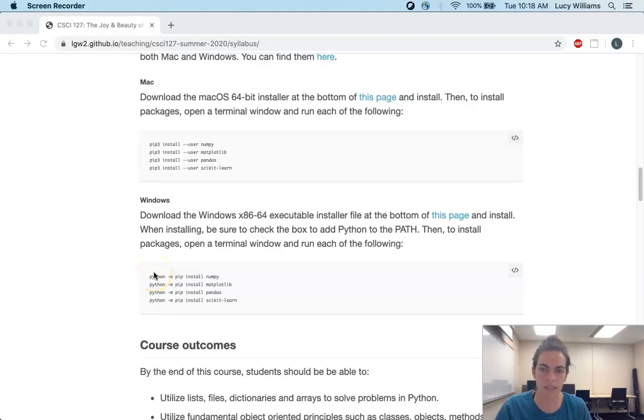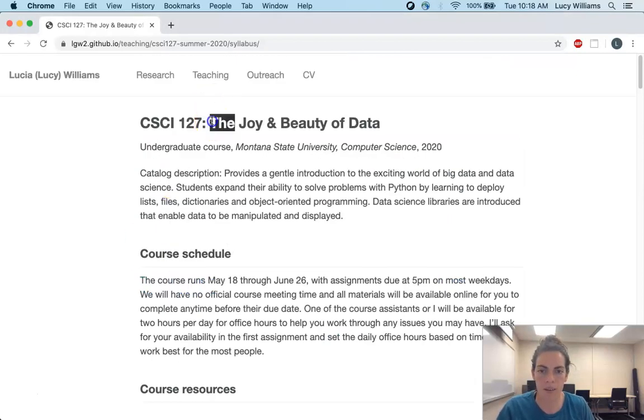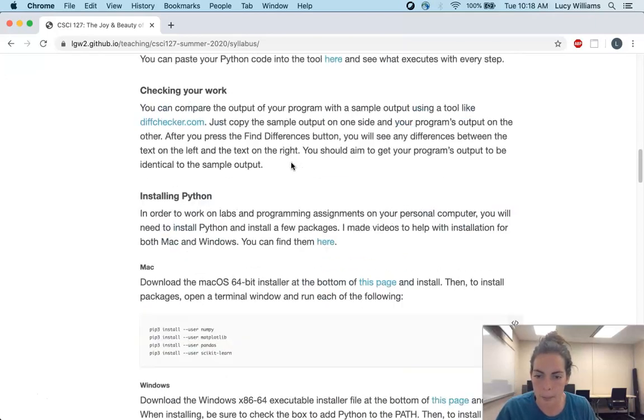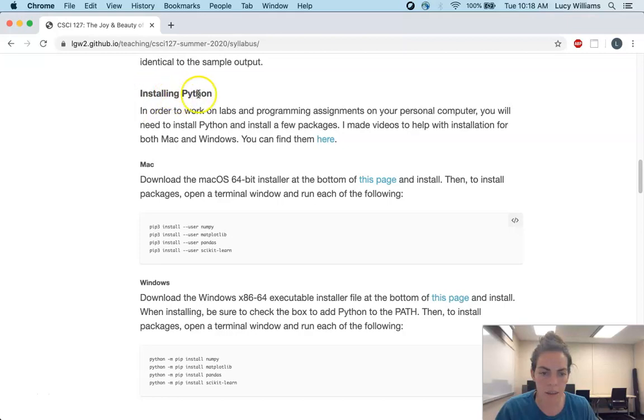Hi everyone, in this video I'm going to go through installing the Python packages that we're going to need for the data science portion of this class. So I'm on the course website right now, and if I scroll down to the installing Python section of the website, I can see that